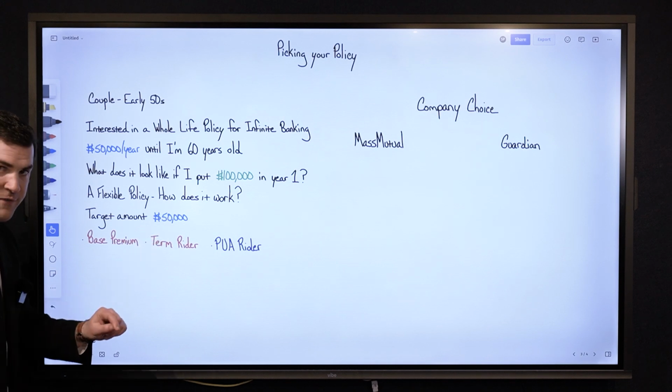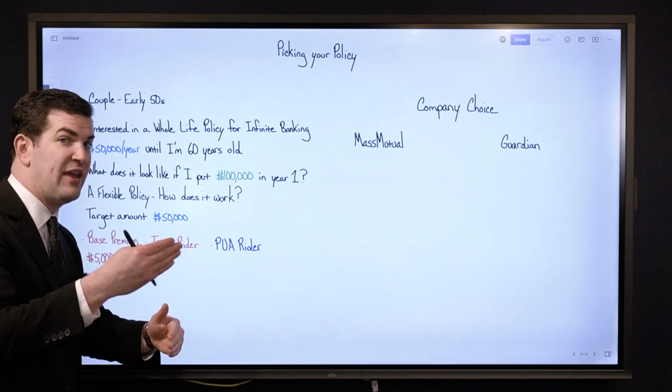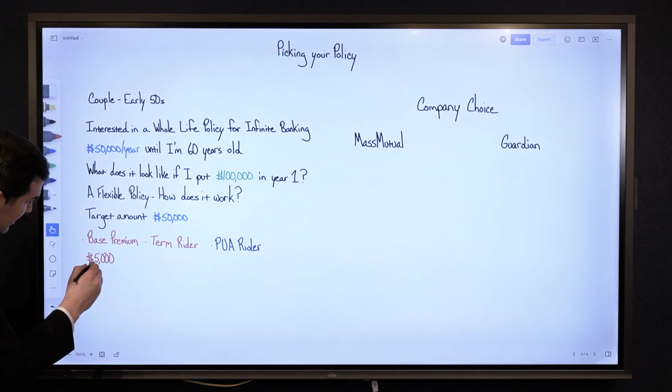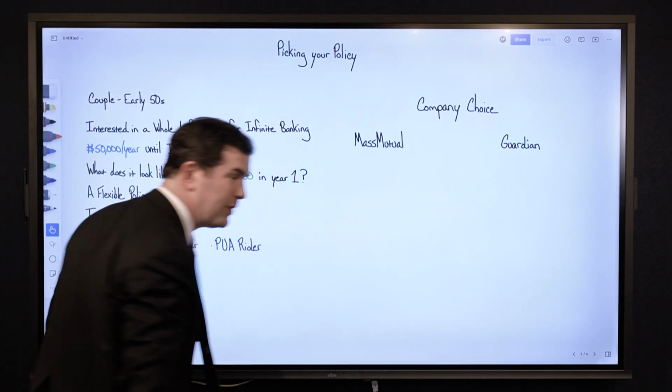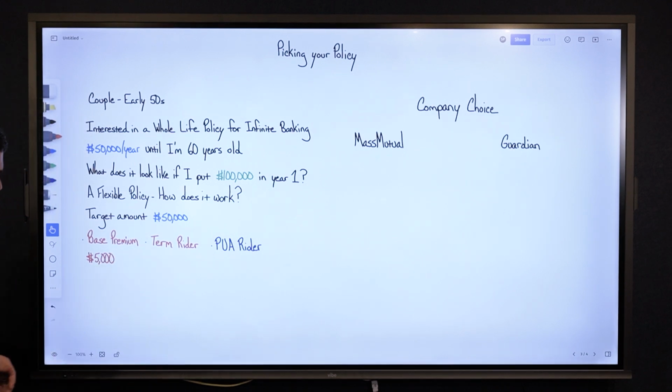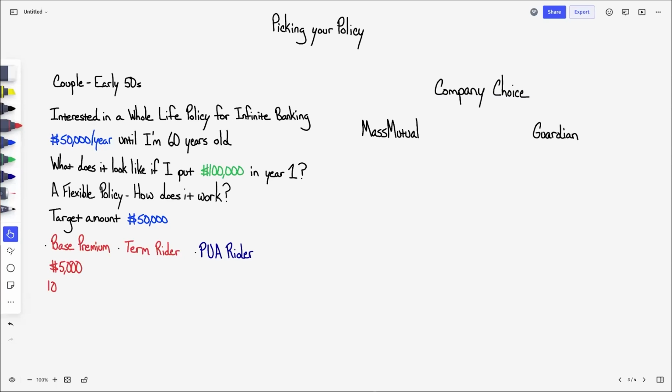So if she wants to fund $50K per year, money can go toward the base premium first. We typically like to set this as low as we can. The reason why is because base premium dollars do not show up in cash value in the first year. The cost of the life insurance is heaviest up front. So we often set this as low as we can. What you'll see with the companies we're looking at, we can set it at about 10% of the total payment. So if 50K is my payment, or the maximum payment I want to make, then 10% of that would be